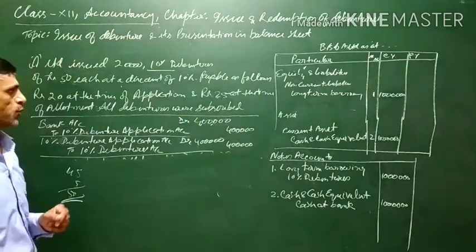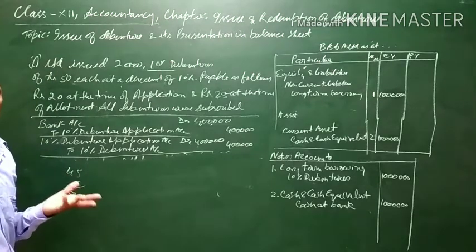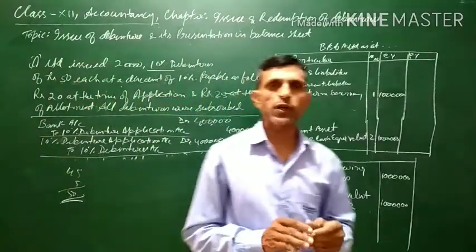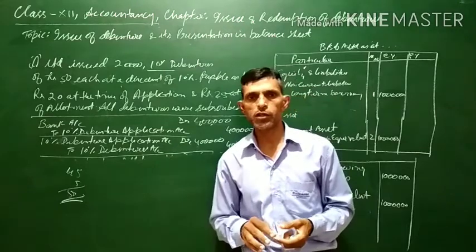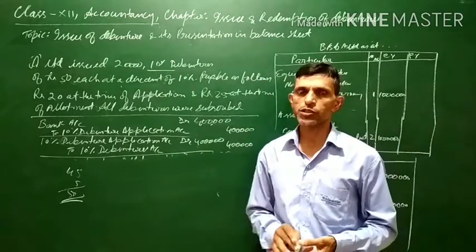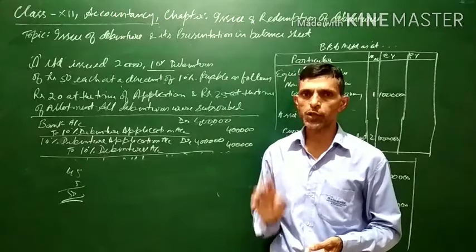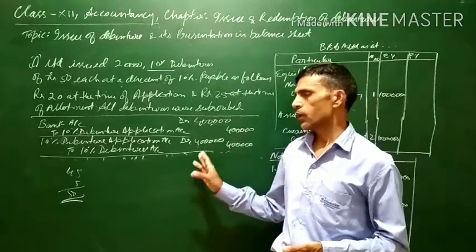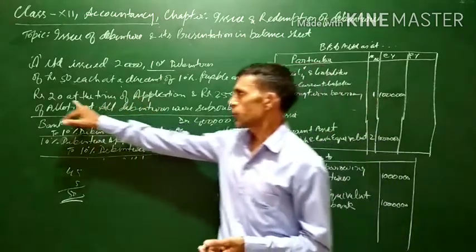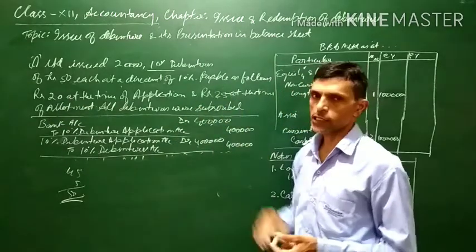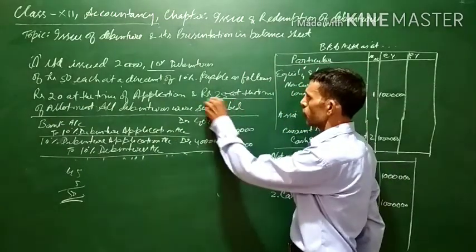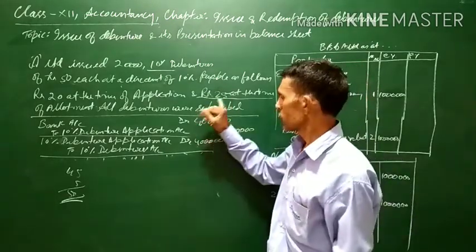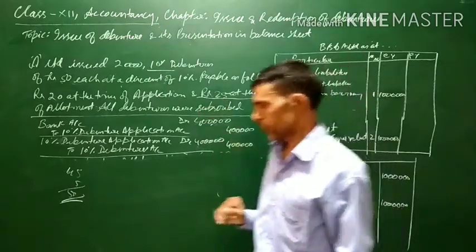Now, just like in the case of shares, the premium when it is received, if nothing is mentioned in the question regarding when the premium amount has been called, we will assume that premium will be called at the time of allotment. Here in case of debentures also, if nothing is mentioned regarding premium or discount, it will be assumed that the discount or the premium is along with allotment. So here also the 20 is at the time of application, 25 is at the time of allotment. So the discount entry will be passed along with the allotment entry.